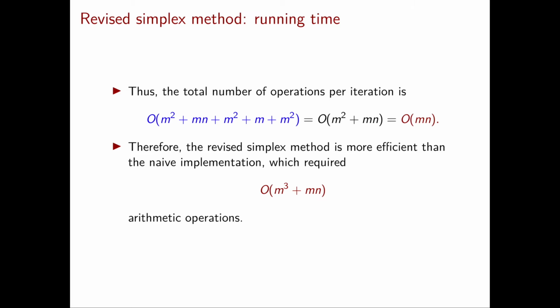The main advantage of the revised simplex method is that it is the fastest among the three implementations that we discuss in this course. Next, we introduce the third and last implementation that we will see, and this is called the full tableau implementation. The main advantage of the full tableau implementation is that it will allow us to perform all the computations required in a single iteration of the simplex method in just one table. So this will allow us to visualize very compactly a single iteration of the simplex method.